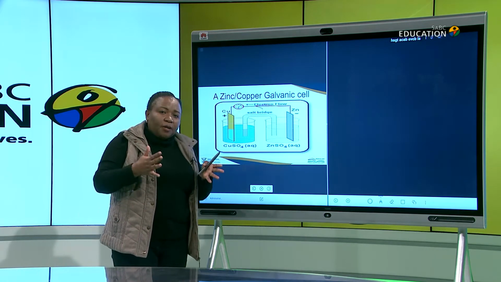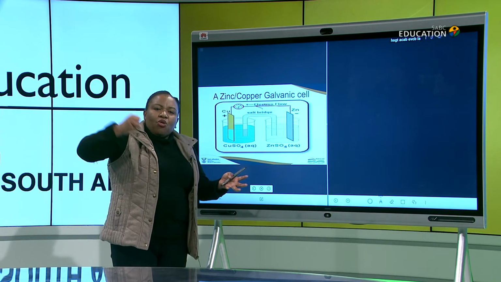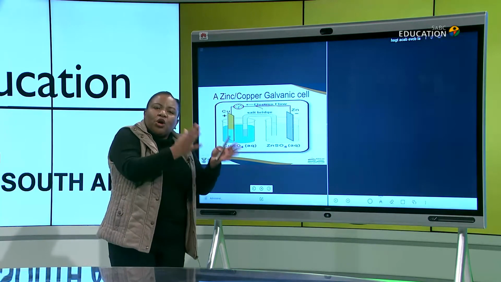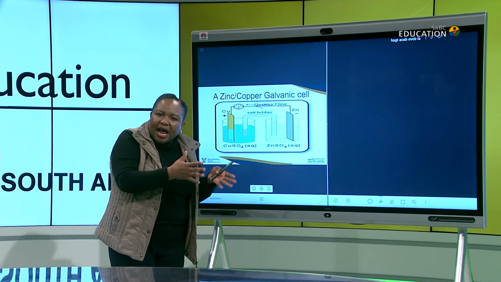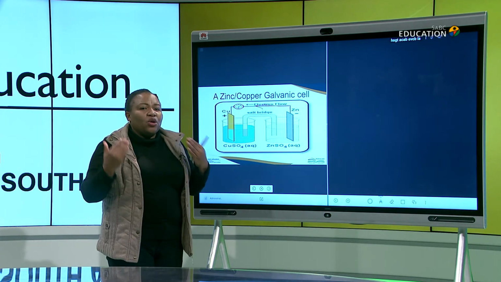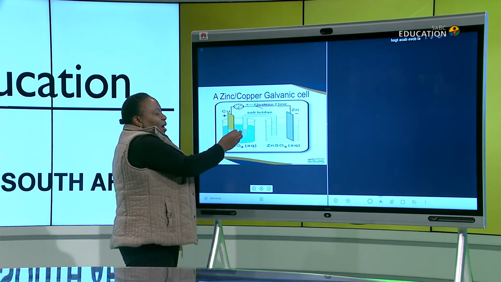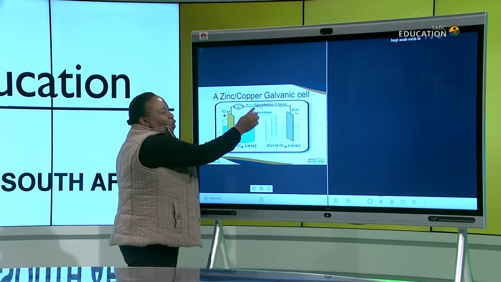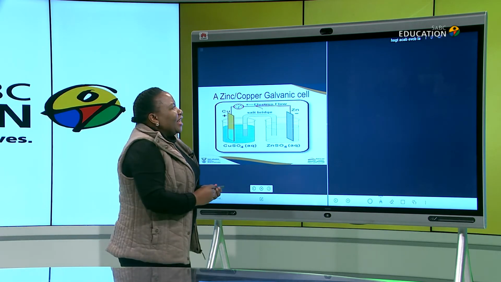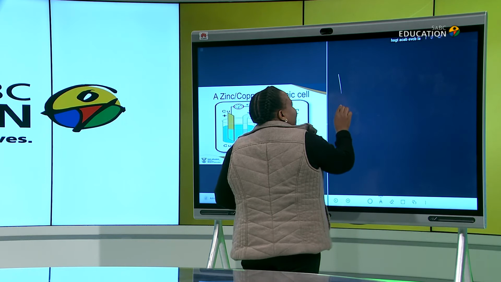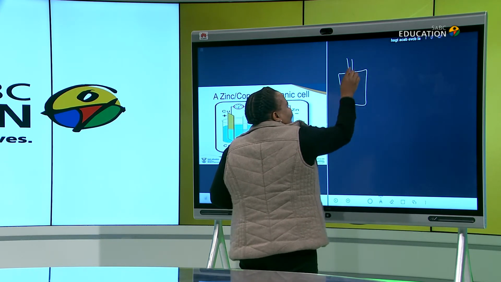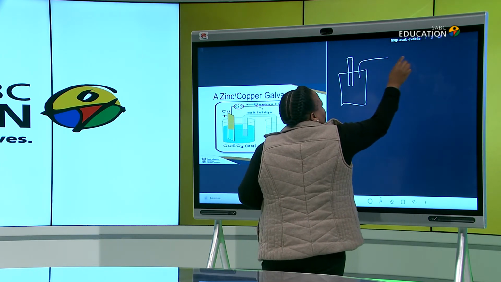Why is the solution fading? Because now the copper ions are moving away. They are changing from being copper ions, which are responsible for the blue color, towards the copper, and they are not going to be found now as many as they were inside the solution. But what will be more now is the negative. Therefore, the salt bridge will see this abnormality between the two half cells and say, okay,